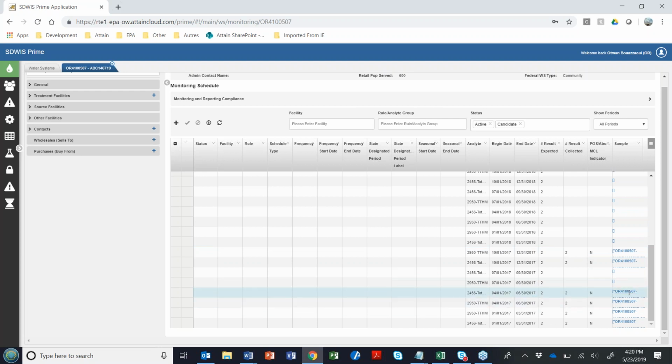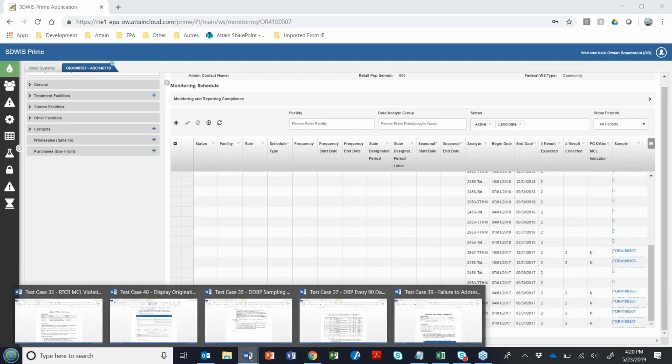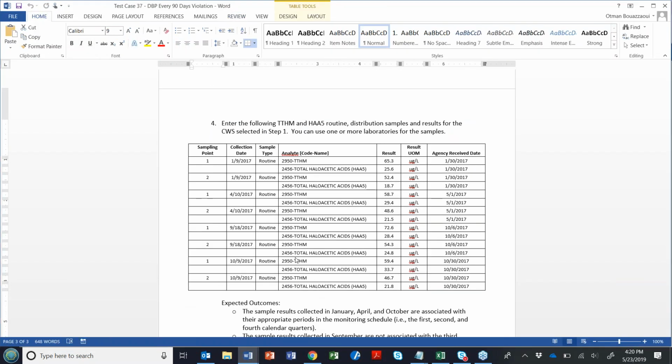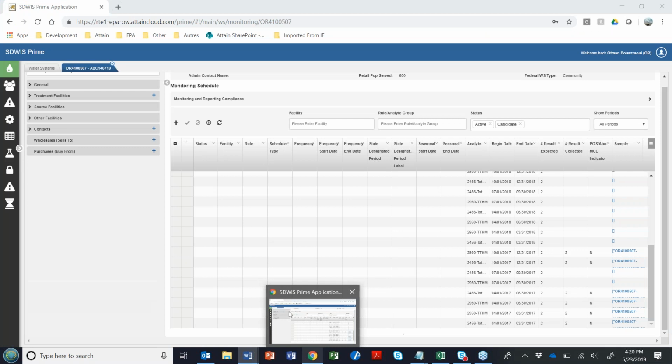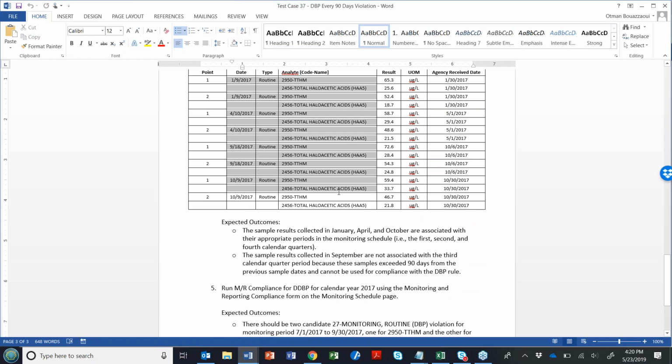If you remember, the collection date on this one was April the 10th, and the collection date for this one is September the 18th. So there's that failure right there. That's why the BRE didn't pick these samples and didn't match them with the requirement. Those are the outcomes after you enter all these samples in.